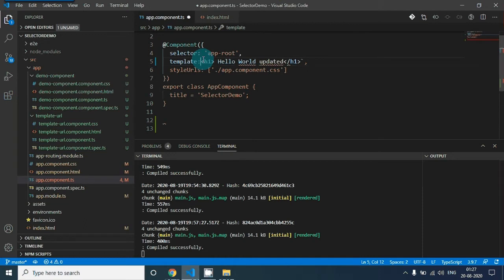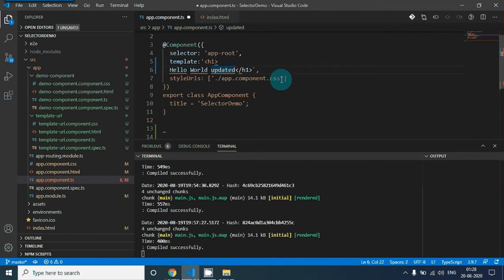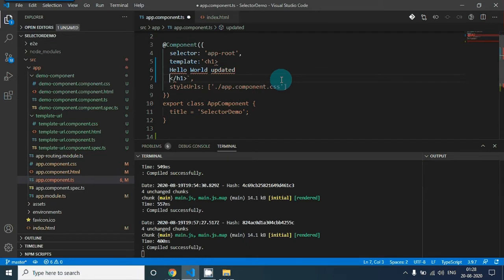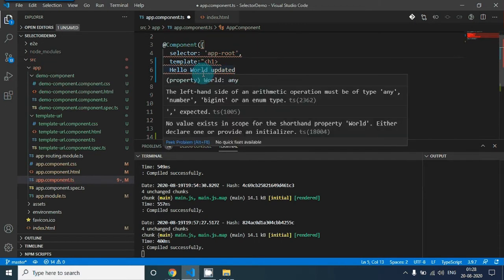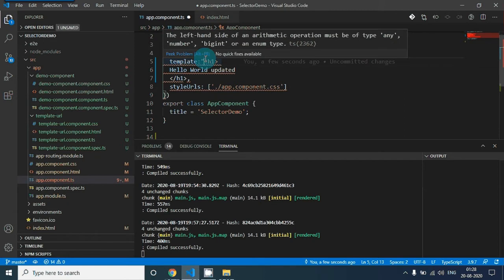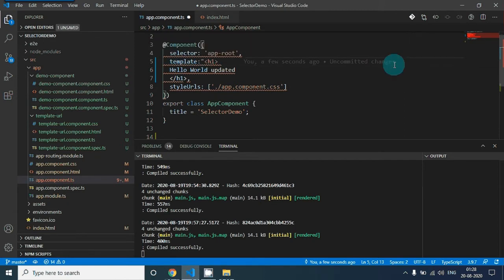But let's assume that we have HTML that spans multiple lines. We have single quotes here instead of backticks. Now this HTML is going to be in multiple lines. We are getting an error, right? Why? Because we are using single quote. Even if we use double quotes, we will get an error. Just remember that if we have HTML code in more than one line, we will use backticks. So let's use backticks here, and you will see that the error has gone.